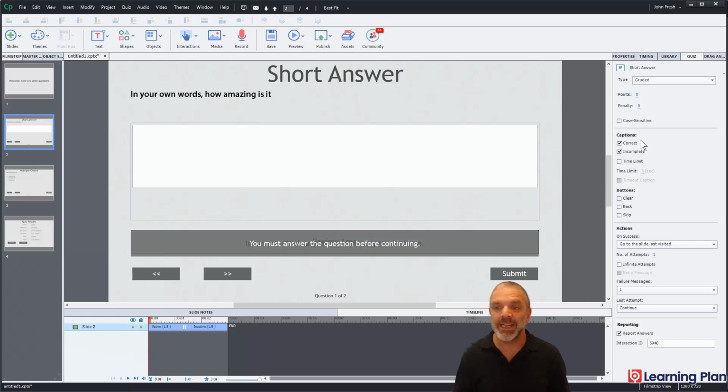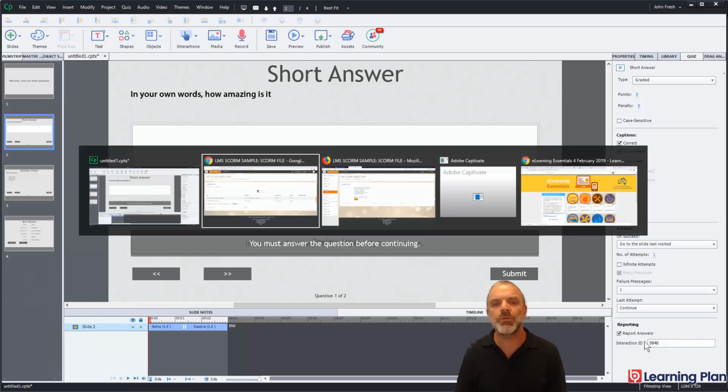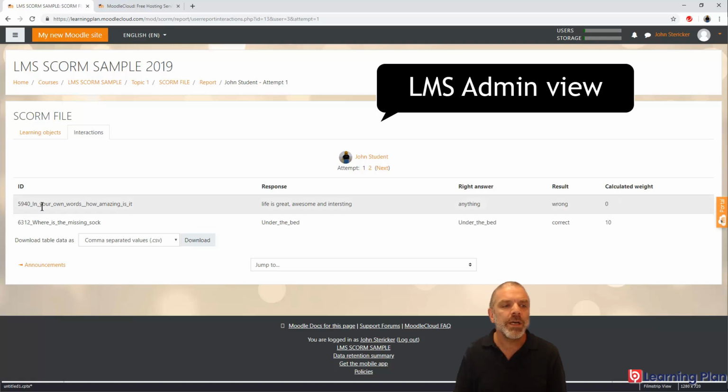I've got correct and incorrect captions, and what I can also do as a result of this is choose to report the answers, and you'll see here that under the reporting section of the quiz panel it's got an interaction ID 5940. Now I didn't touch that, I just left that. That's Captivate's random number that it puts in there. But I'll just get you to see here 5940, and if we switch back to the admin view, you'll see